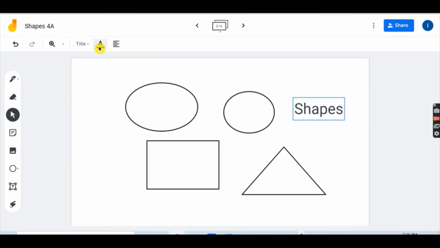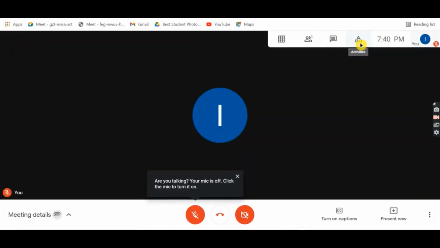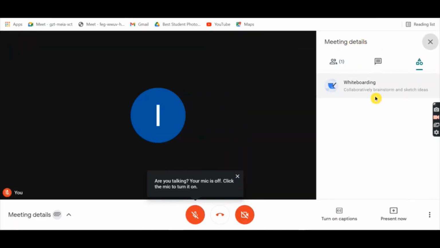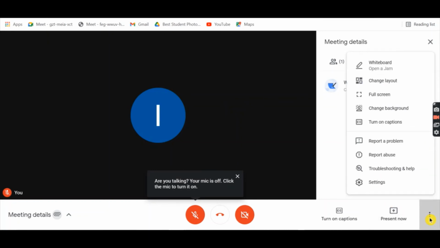You can see so many options are there. If you want to change the text color, that is also possible. If you want to change the center or something like that, you can align this text, and that's it. You can see here in the Google Meet activities, go for the whiteboard, or from here you can